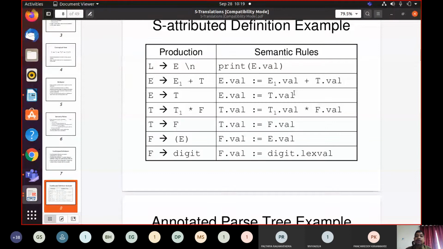Like if you give 2 plus 5, and you want to find out the meaning of 2 plus 5, 2 plus 5 is 7, no? So this 7 will be carried out by means of this. This is how it will evaluate, this is how it will find out the semantics of that particular statement 2 plus 5. So the attribute grammar, or the syntax directed definition, for the expression grammar is this one. If you want, you can note it down. This is very, very important.